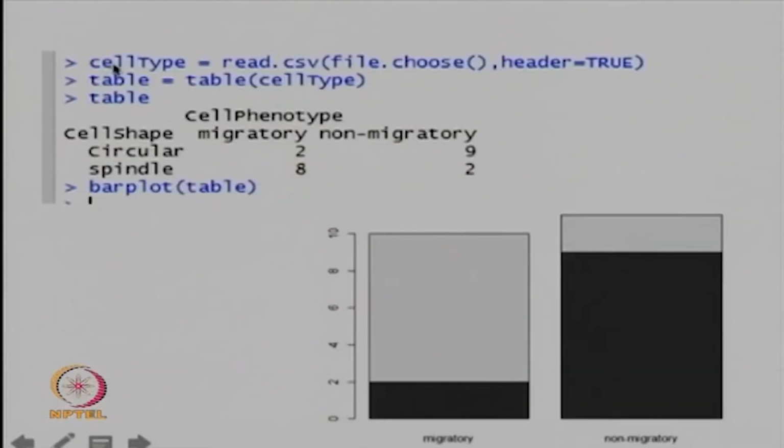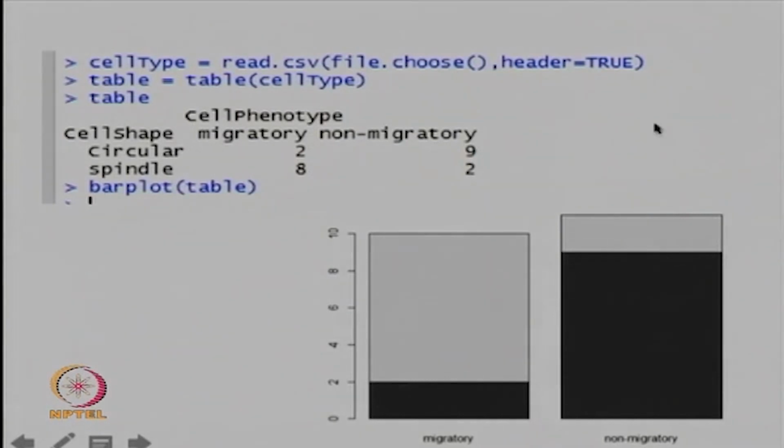So, I can first generate the table of the cell type. Okay. So, this is just the way to import the data into the R framework. You can use the command table to get the different distributions. What you see is there are circular cells, 2 of which are migratory, and 9 which are non migratory, and in case of spindle shapes 8 of them are migratory, 2 of them are non